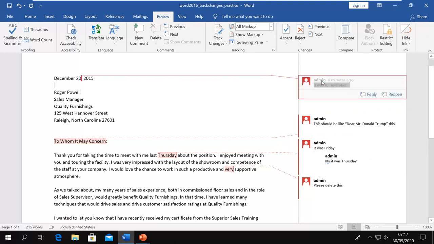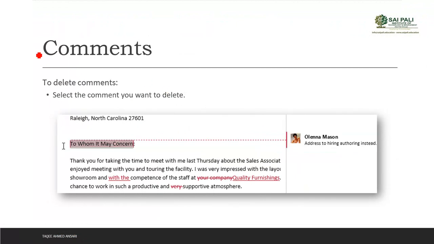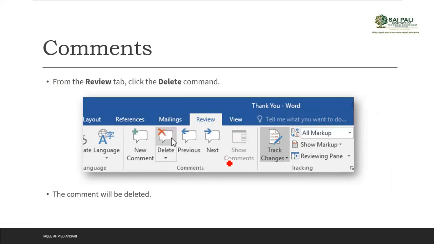And if suppose this is already resolved, then what can you do? You can delete. If the comment is already resolved, we can delete the comment. For deleting the comment, you just select the comment, go into the Review tab again and click on Delete.